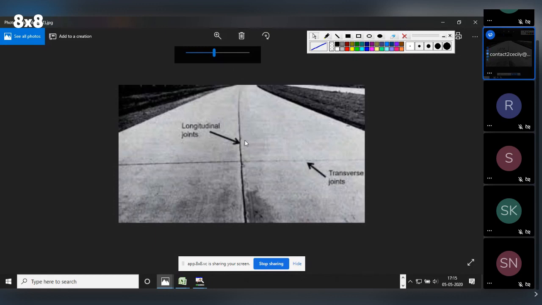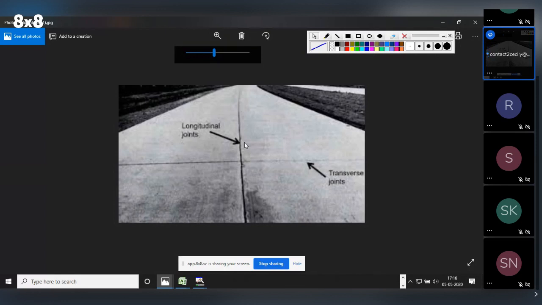So what do we mean by design now? Design means we have to find its length. What will be the length of the tie bar used? What will be the number, or rather we can say, what is the spacing between each bar, and what is its area? These are the things that are required for design purposes. Area means the diameter of the bar you will use, the length of the tie bar, and the spacing of the tie bar, that is the distance from one tie bar to another tie bar. This is the main motive of your design.